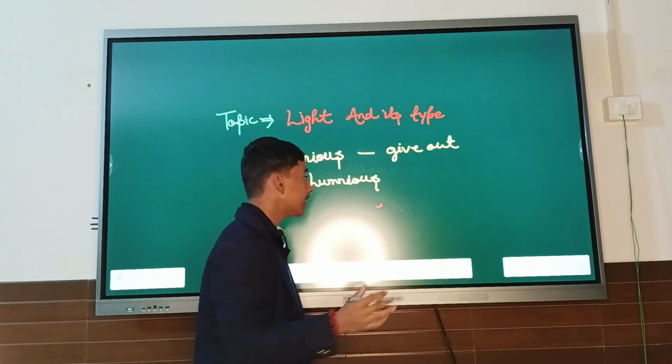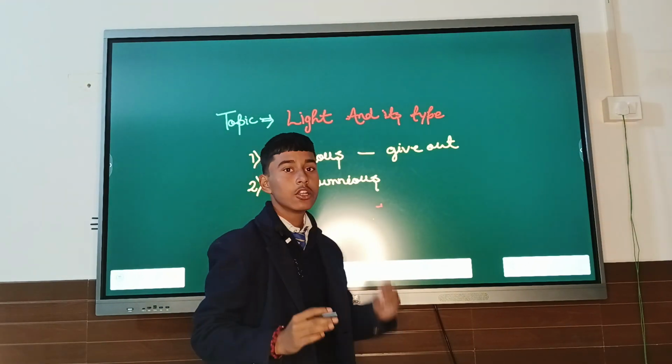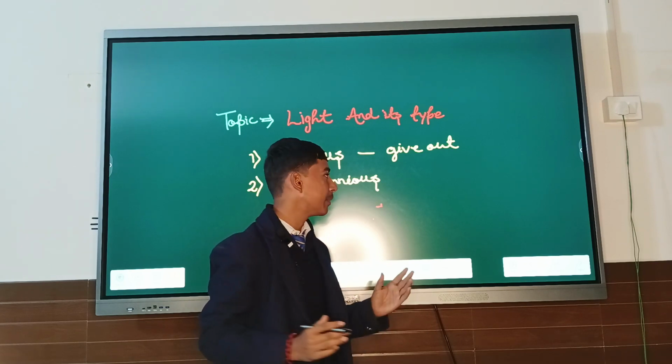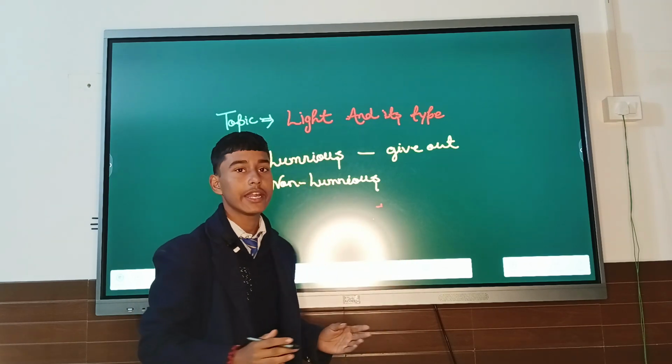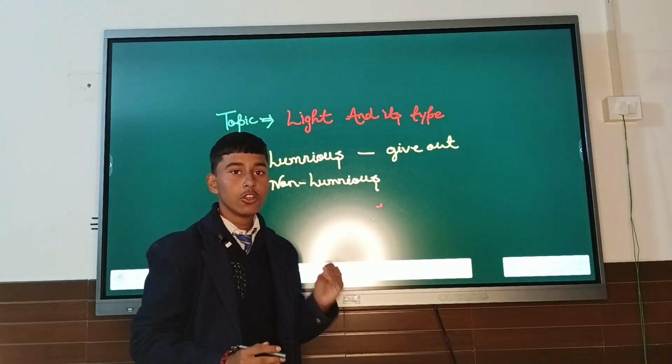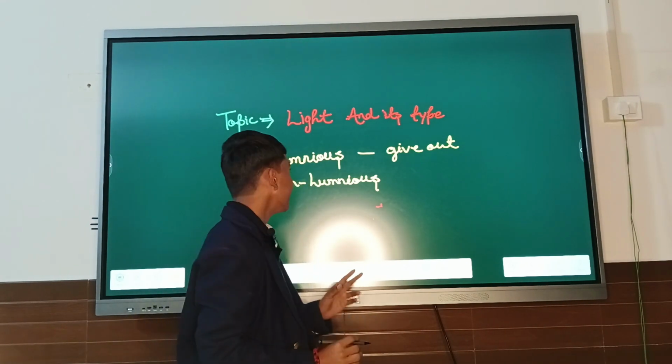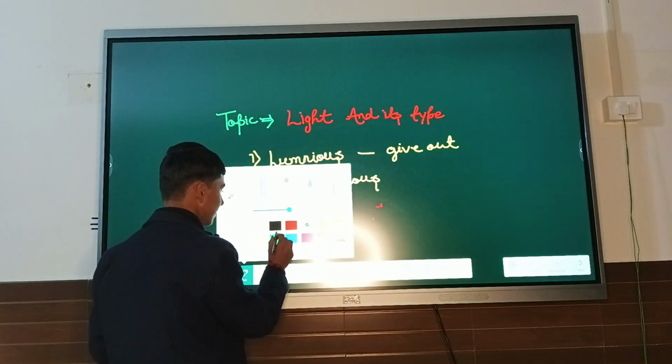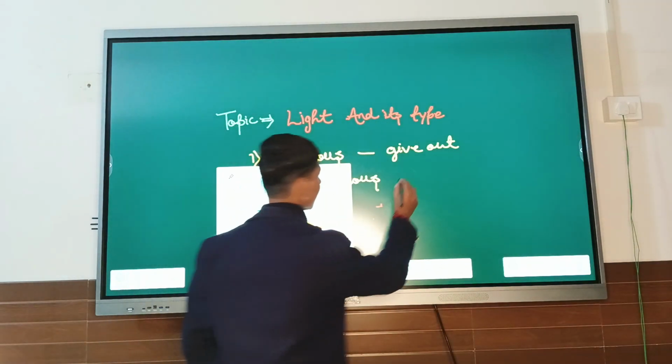The second type is non-luminous objects. Non-luminous objects are objects that don't emit, that means they don't give out light, so they come into the classification of non-luminous objects. Luminous objects are also divided into two categories. The first one is